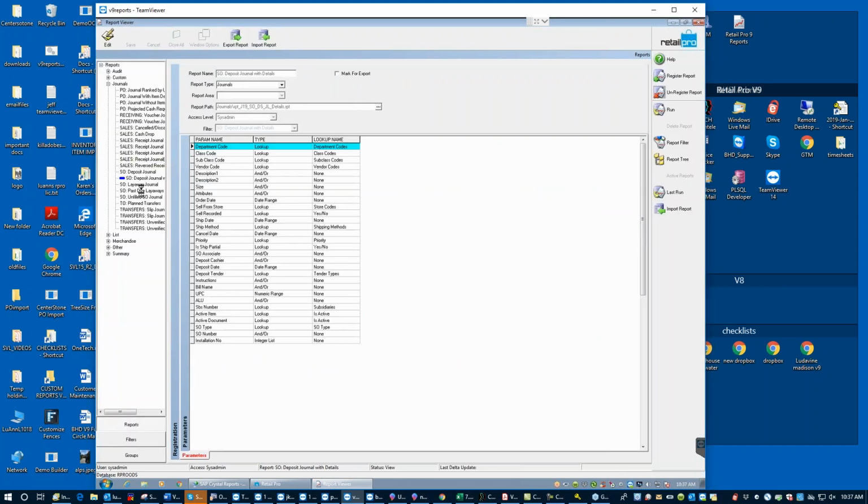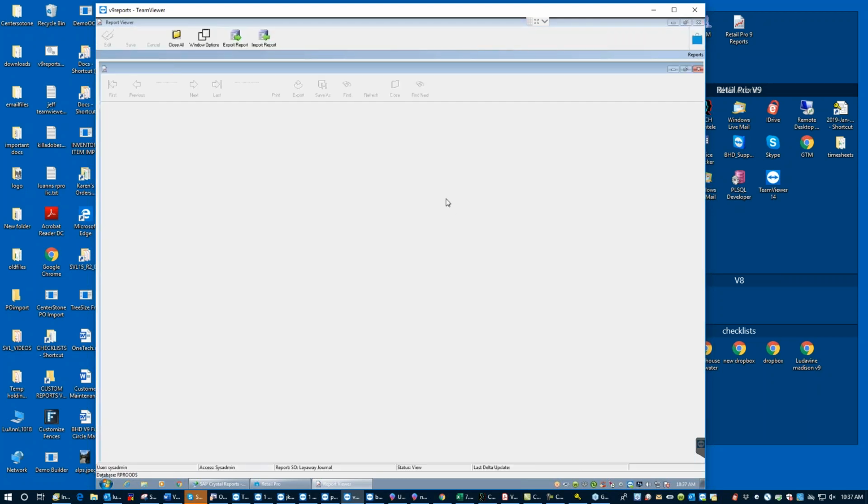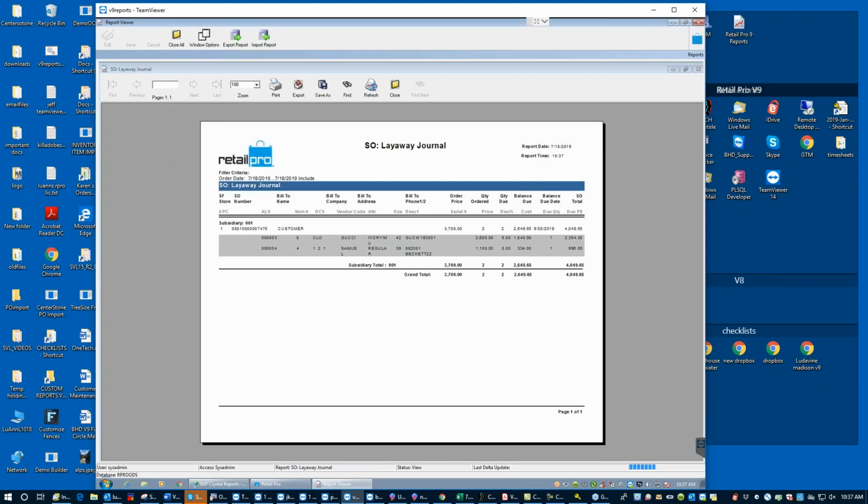Layaway journal, that's basically just for layaway type transactions. Let's just look at this. All right, so there's my one layaway. This only captures layaway. That's what it's designed to do. So that's the state of it. So if you're going to audit your layaways and figure out what needs to be